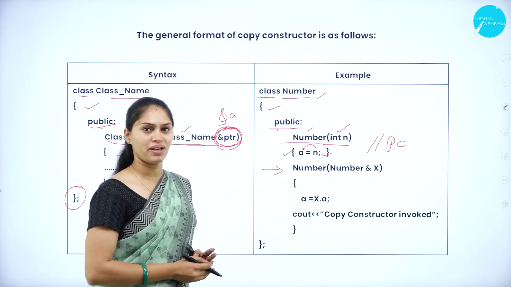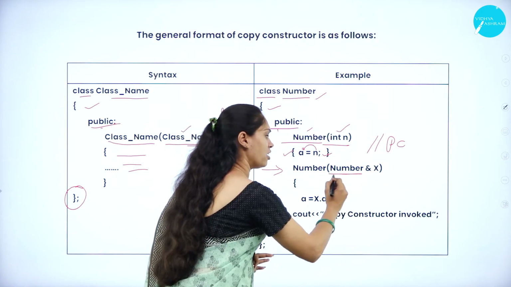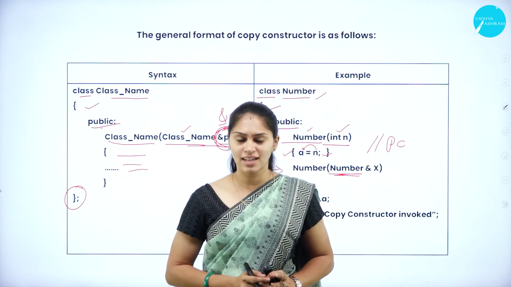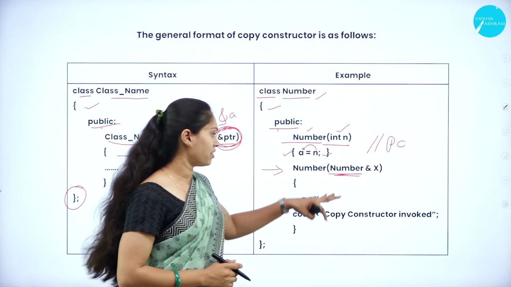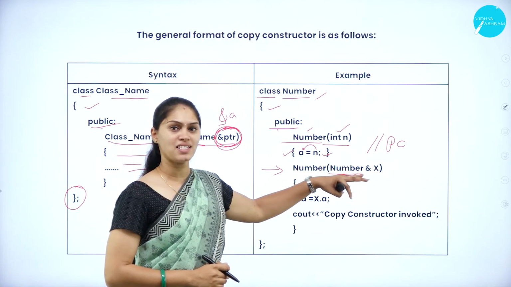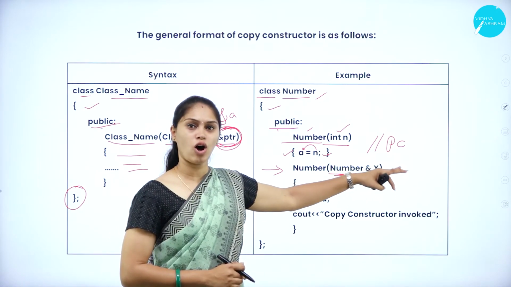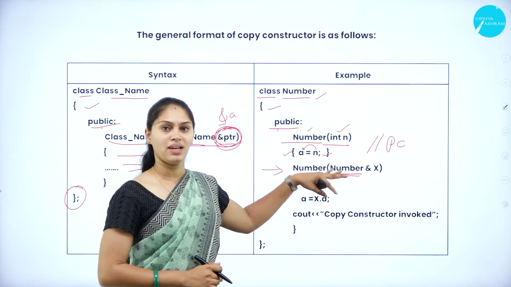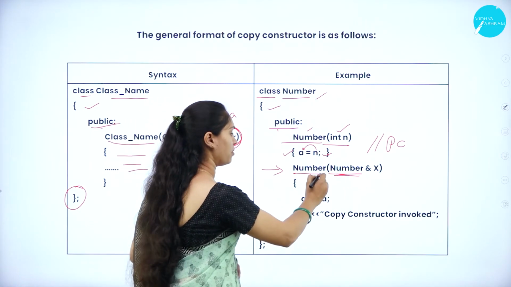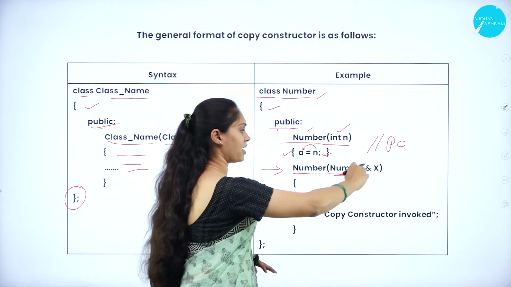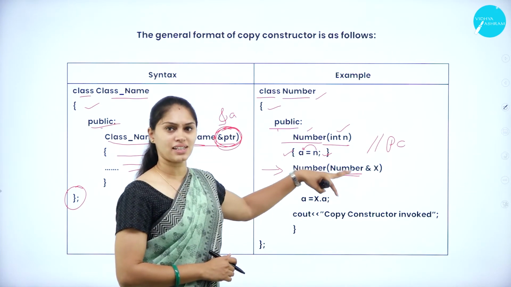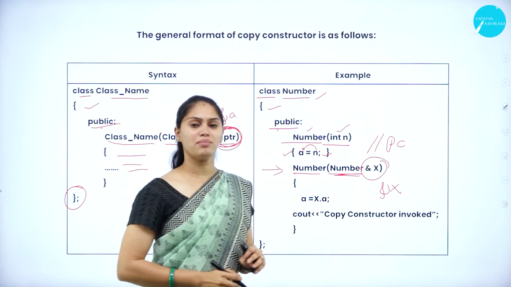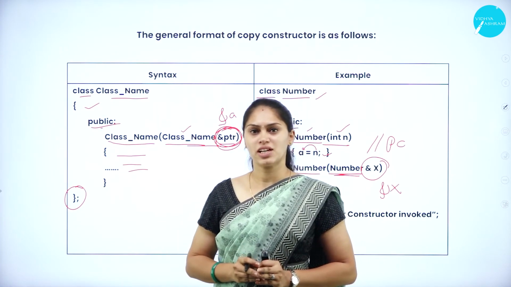How can I call this a copy constructor? Because here I don't have any return type or a predefined data type. Instead of that, I have a class name. I have a class name with a reference, the reference of an object of that particular class. With this syntax, I can call this a copy constructor. Getting it? So here, the name of the class is Number. Within the parentheses, as an argument, I am sending the class name along with a reference, this ampersand and x. So what I am sending? I am sending the reference of an object of the class.